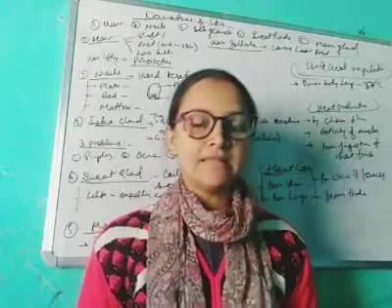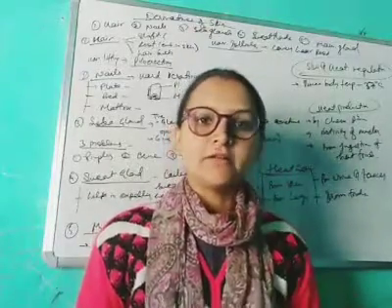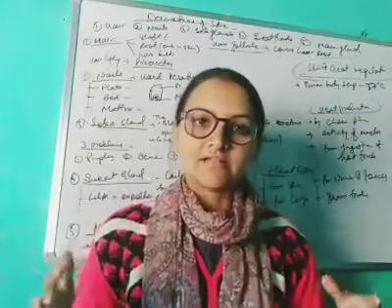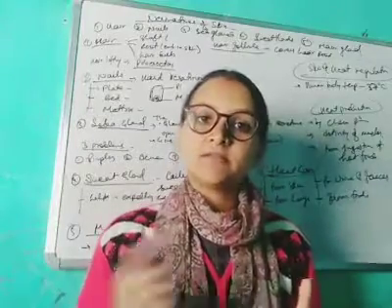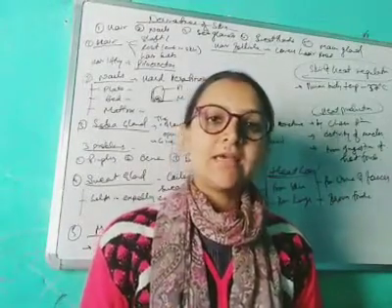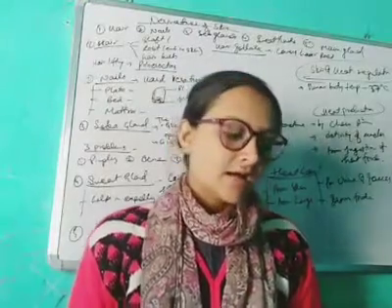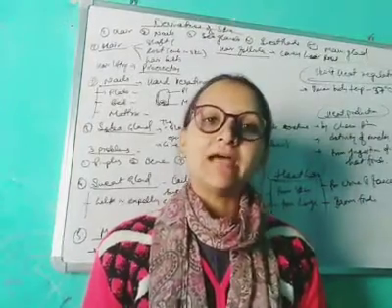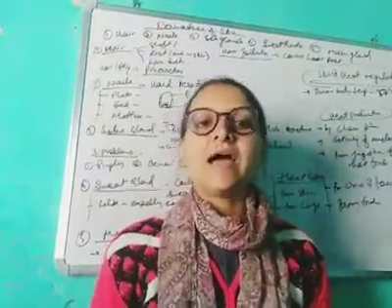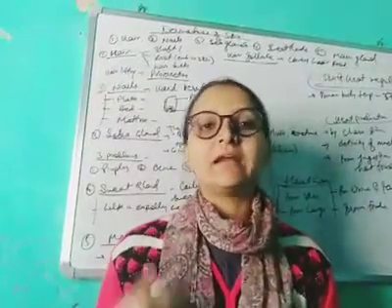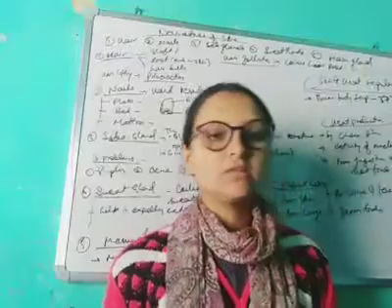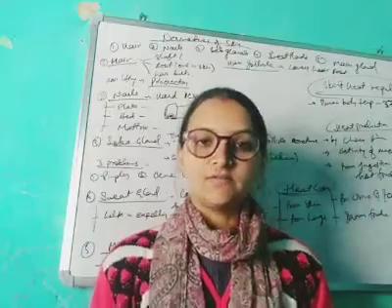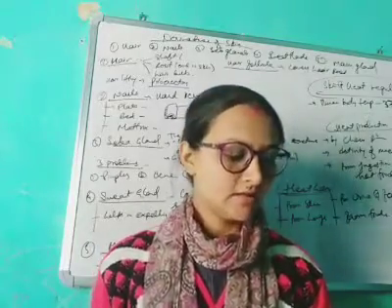And in hot weather it is already very hot outside. Then the blood vessels get dilated. It expands. If the blood vessels expand, the blood will move faster. This is called vasodilation. When the blood vessels dilate, much heat will be radiated from our body. So this is how the body temperature and the body heat are controlled in different seasons, in the winter season and in the summer season.